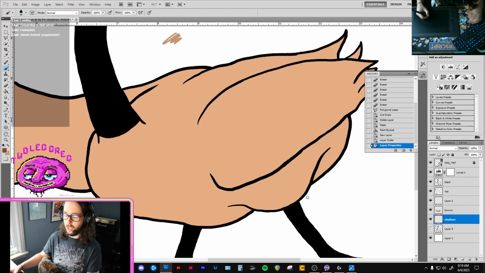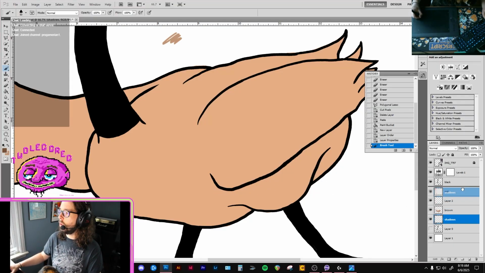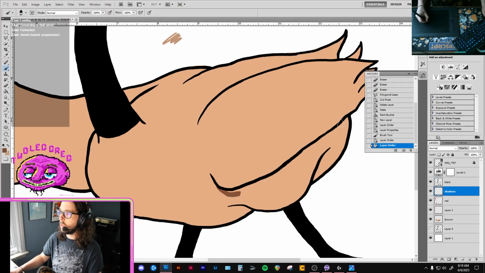I mean, it's not adding shadows so crazy. In art, you can add shadows? What are you talking about? That should probably go above everything, huh? Not black, though. There. We're just gonna do some sloppy shadows.